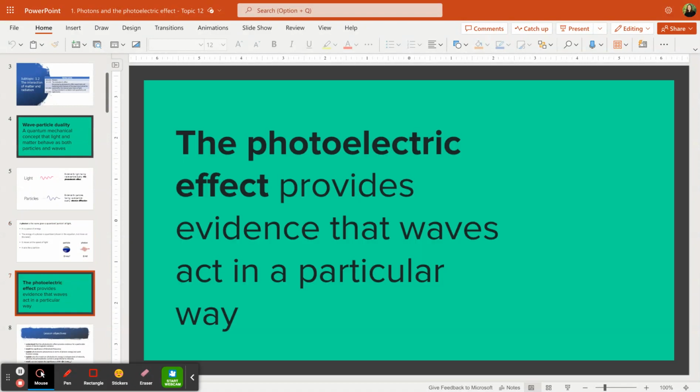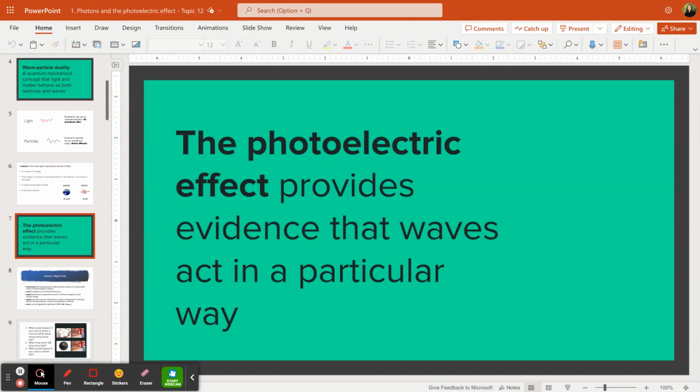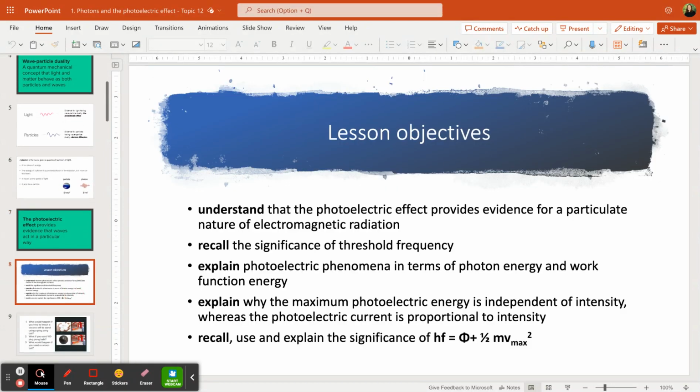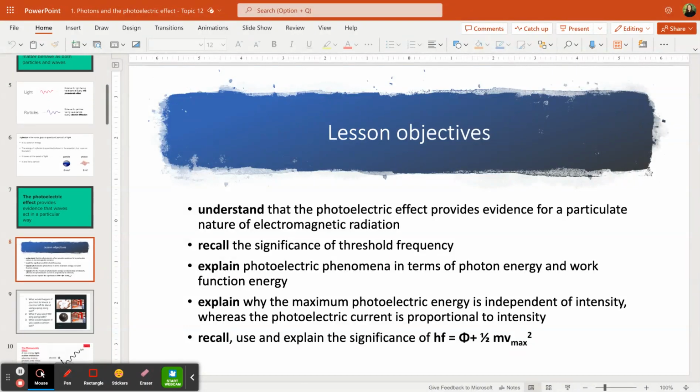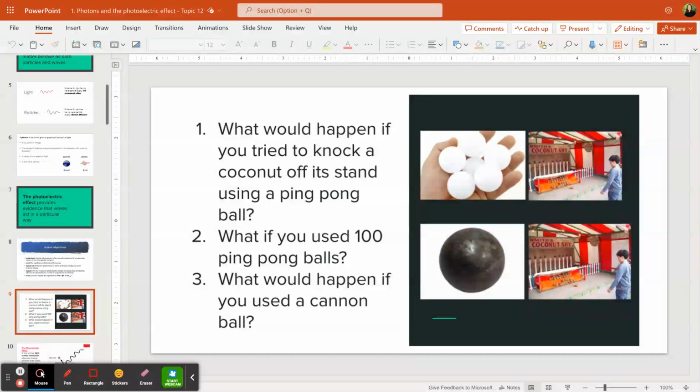So today's lesson is about the photoelectric effect. We're going to look at that, and we're going to see that it provides evidence to support the theory that waves can be particles. Lesson objectives are here. You can pause if you really want to read them, but I'll be doing all of these things today. So I usually start this lesson with an analogy, but then I've come to realise in the